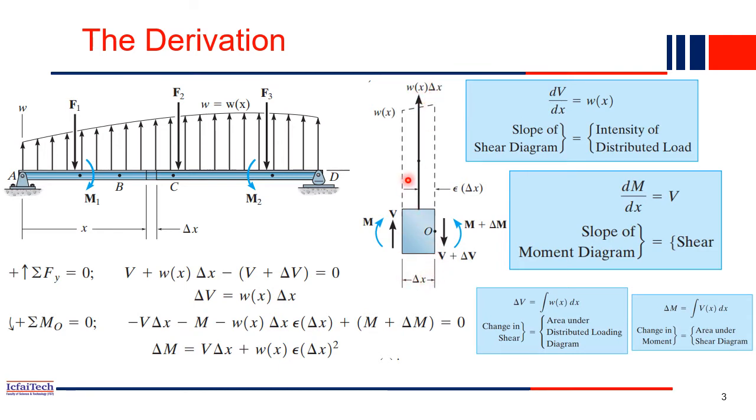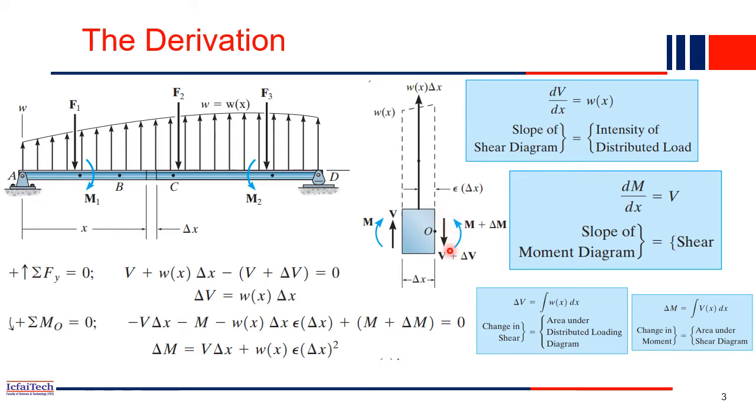So now if you replace this UDL with a single concentrated force acting at the center, then the value of the concentrated force will be Wx into delta x. So that is the concentrated force acting at the center. And now, because this free body diagram is also in equilibrium,